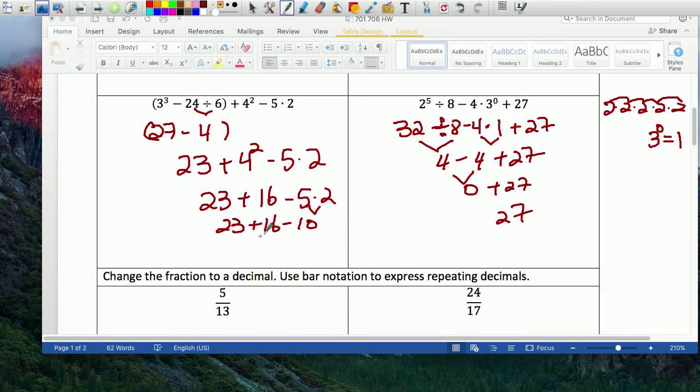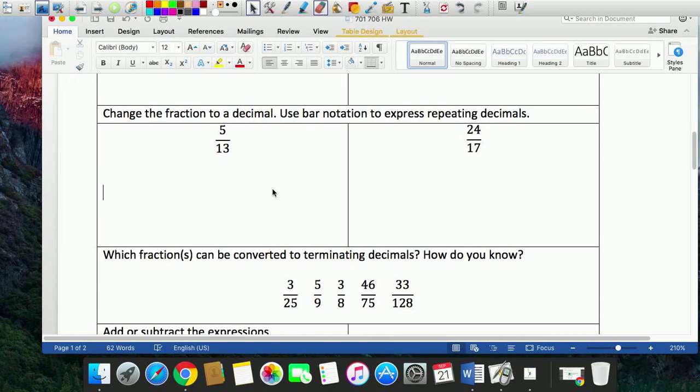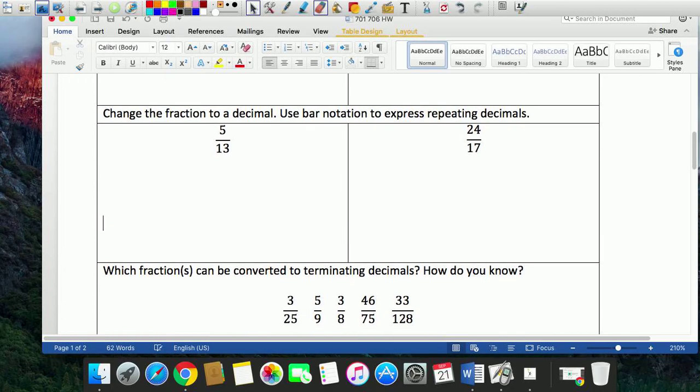Now I can do addition and subtraction. I'll do it from left to right. 23 and 16 is 39. And minus 10 gives us 29. Okay. I'm going to come back to this division problem, and I'll explain to you why, because I gave